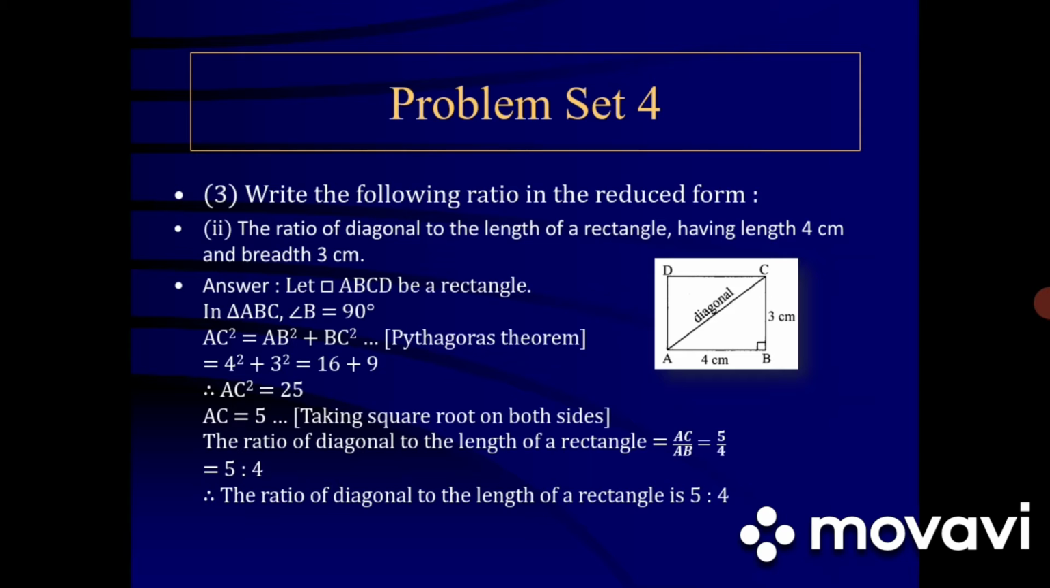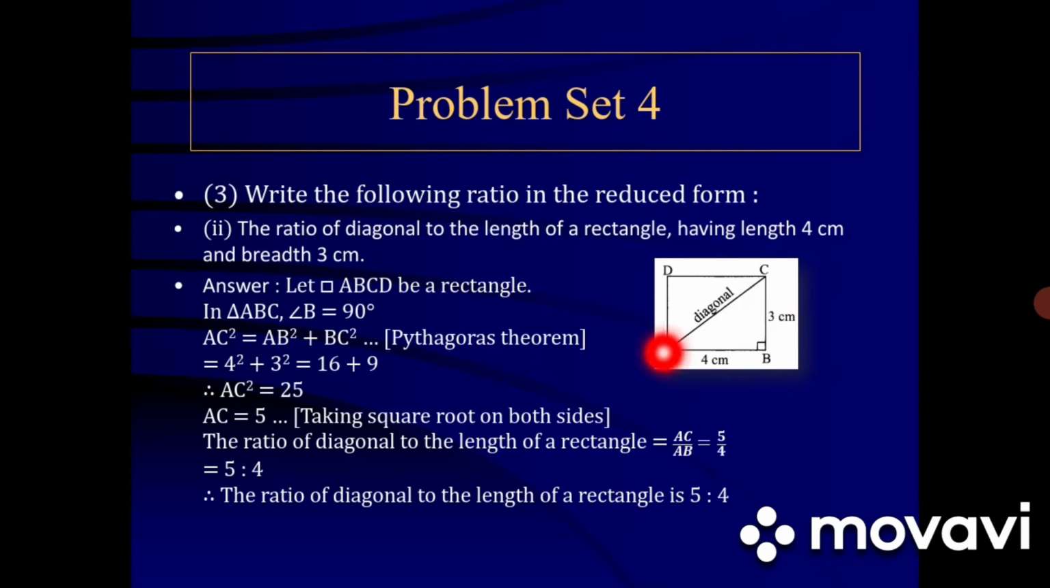Subdivision 2. The ratio of the diagonal to the length of a rectangle having length 4 centimeters and breadth 3 centimeters. Solution: let quadrilateral ABCD be a rectangle. In triangle ABC, angle B is equal to 90 degrees. Therefore, using Pythagoras theorem,